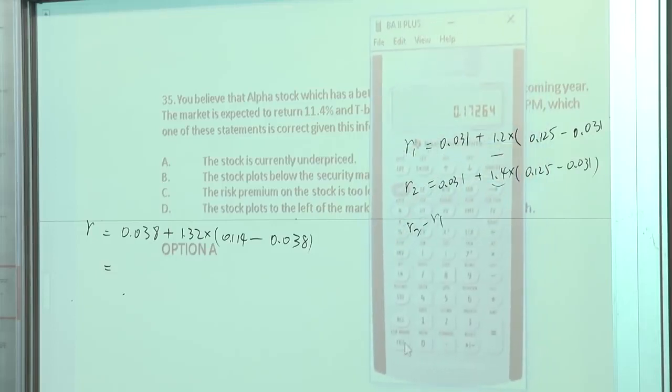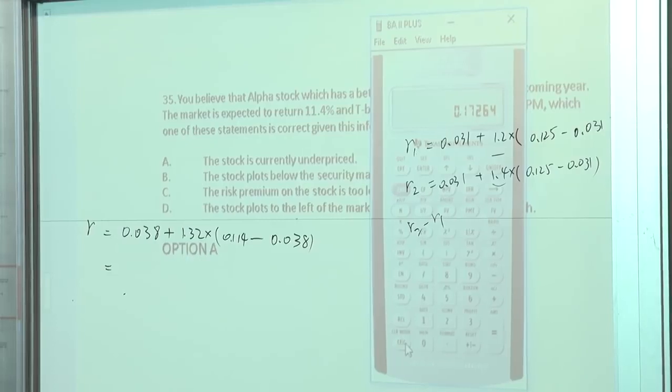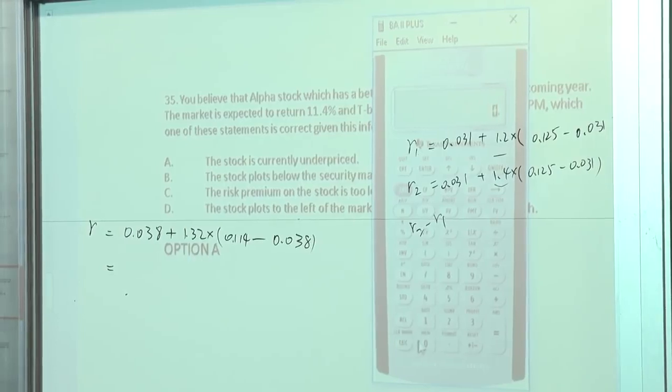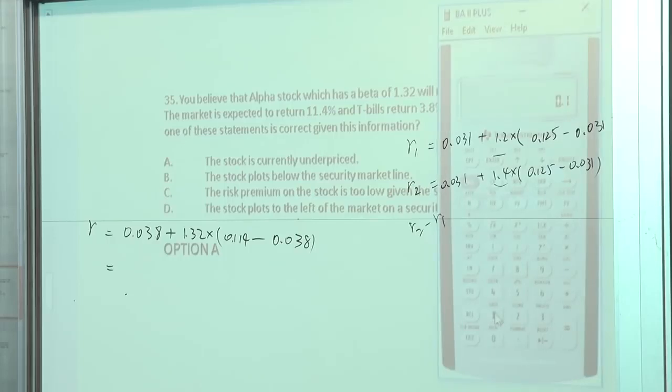Is it right? Am I doing it correctly? 0.14 or 0.114? 0.1114, right? Yeah. Otherwise, we cannot get A. And looking at the answer, it's not correct. Okay, multiplied by 1.32